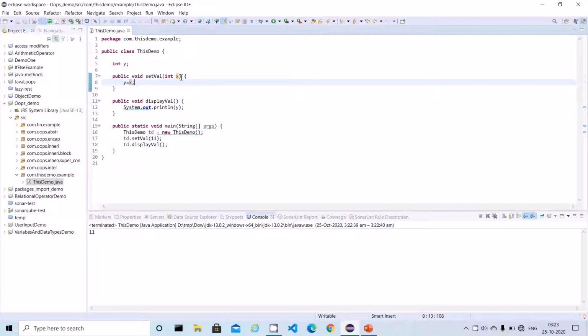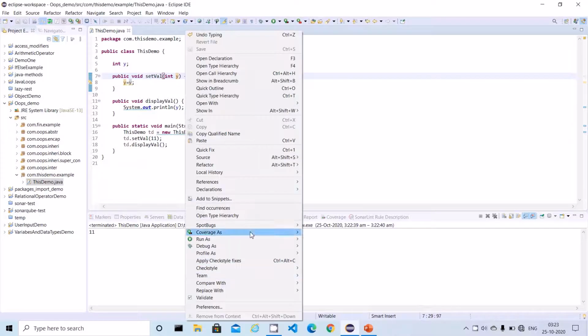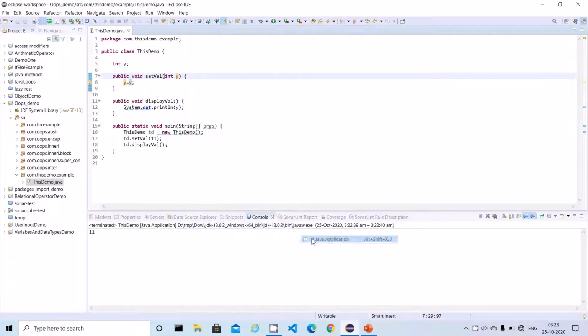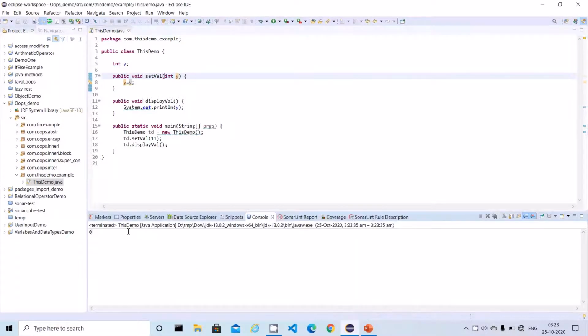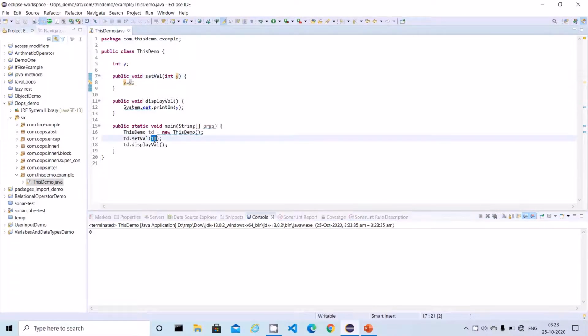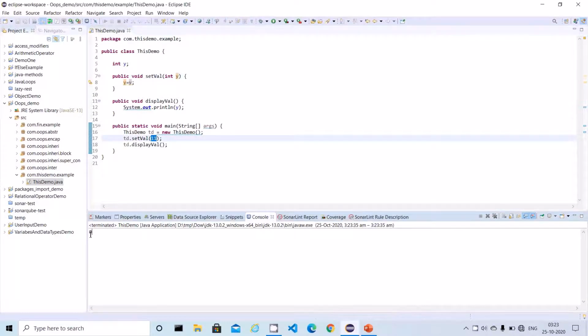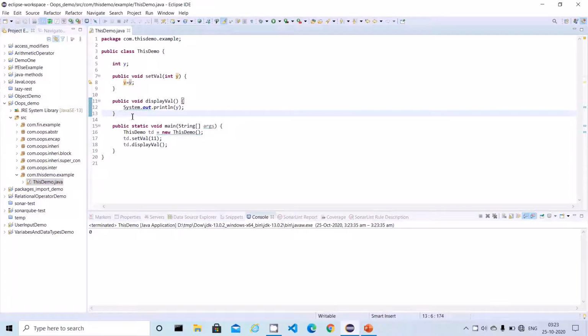Say for instance the local variable and global variable have the same names, what will happen? Now let me run this program and we will see the output. Here, though I'm passing 11, the result is displaying as 0. This is the issue. And you can see Eclipse is already giving a warning message saying that the assignment to a variable has no effect.